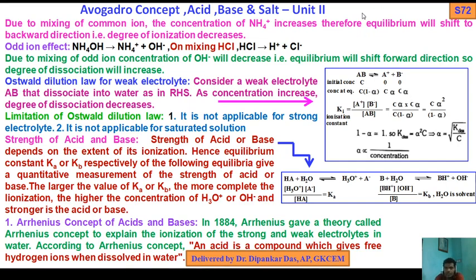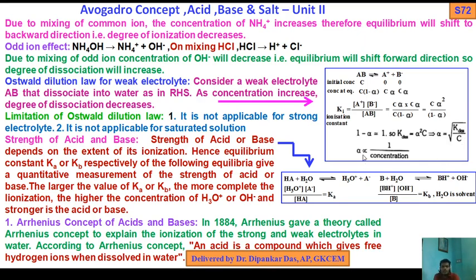Now the dissociation or ionization constant is the product of the molar concentrations divided by the reactant. So it is the molar concentration of A plus times the molar concentration of B minus, divided by the molar concentration of AB. Putting in the value, C alpha times C alpha by C into (1 minus alpha), which is C alpha square by C(1 minus alpha), because one C cancels out. Since 1 minus alpha is approximately 1, K dissociation or Ki equals alpha square C. So alpha equals root of Ki by C.